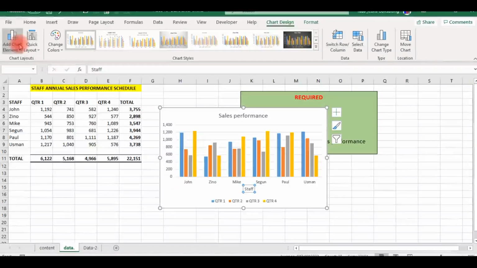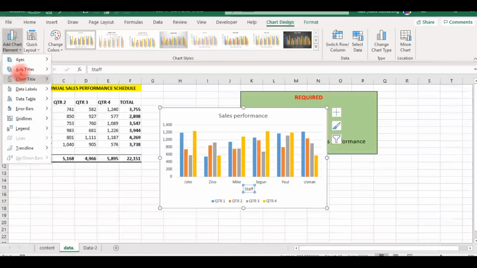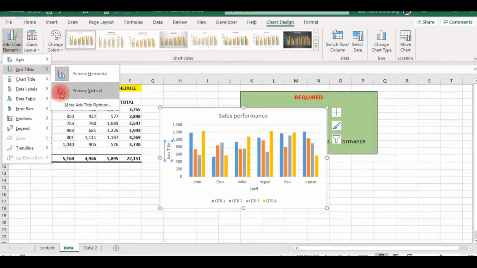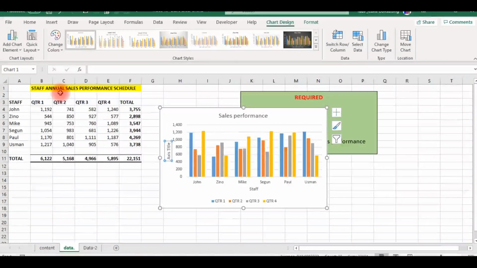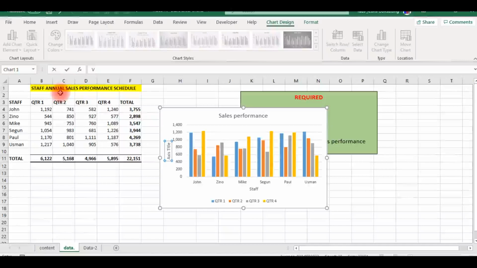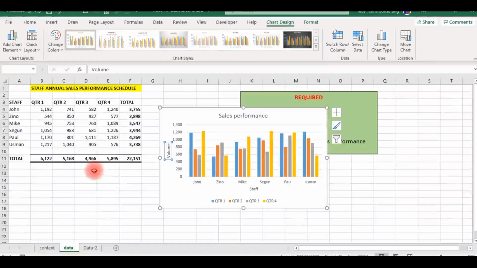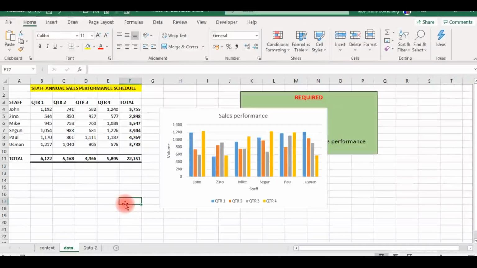I go to this place, I click on axis title, and I take the primary axis, and I take volume or value, as the case might be. I type volume. So now this is how to label the axis. Now another thing you get to know about chart is that they come with default colors, and these colors can